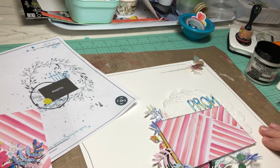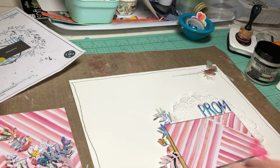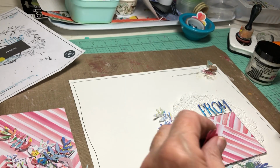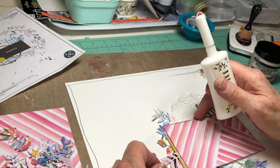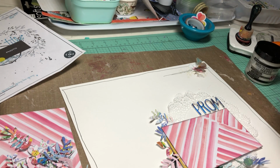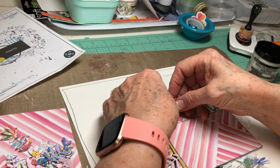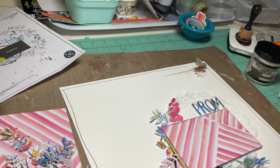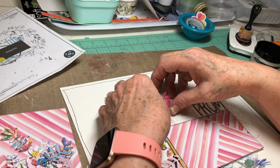So now I'm going to go through, put a little dab of glue on some of these sprigs. I'm going to do the ones that face out, and then I'll have a couple that face in, kind of right in here to fill that area. You can see that I have not done any ink splatters, and that's not what I wanted to do there. I wanted to do that,